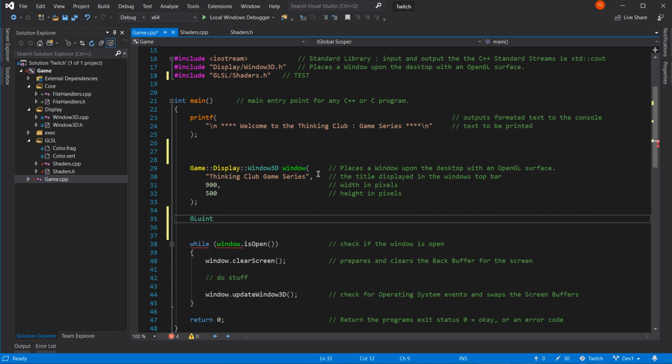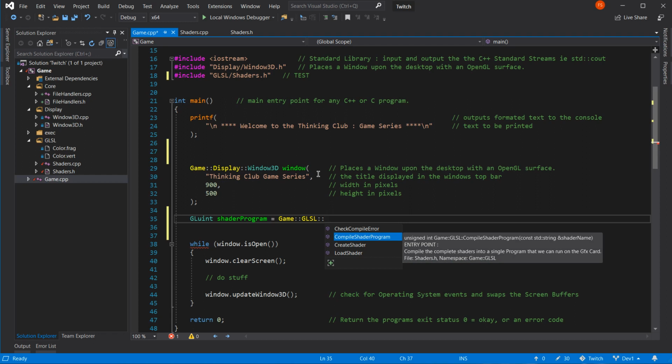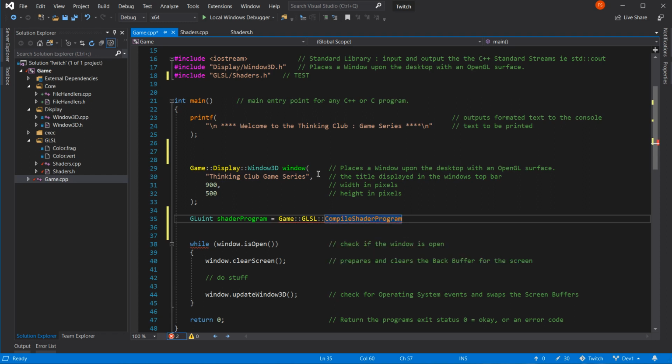And it's going to be a shader program equals... no, it's not GL, it's going to be game colon GLSL colon compile shader program. That's the line.